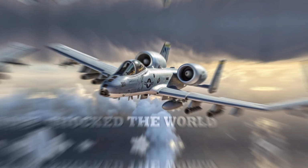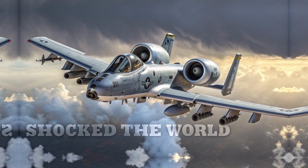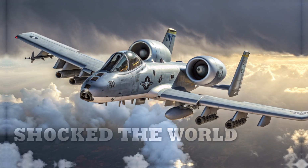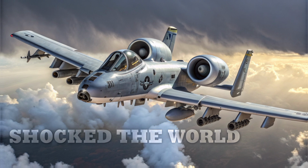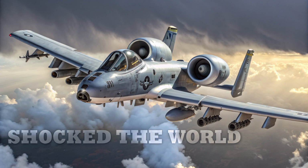Starting with the avionics. The cockpit of the new A-10 is now equipped with a modernized glass cockpit, complete with multifunction color displays, digital moving maps, and upgraded flight control systems. This isn't just about aesthetics, it's about increasing situational awareness, enabling the pilot to respond faster, and integrating with other aircraft and ground forces in real time. The communications suite has also been upgraded to ensure encrypted data links and secure transmission across different branches of the